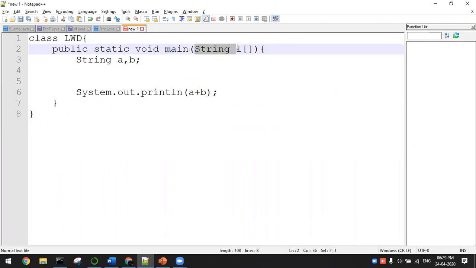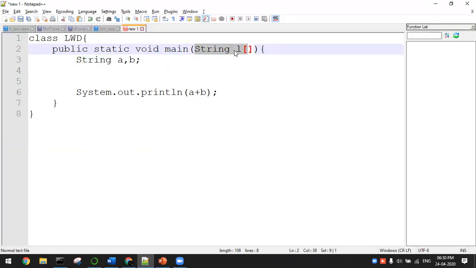So what input are you sending? Whenever the method is called along with that input, that is called a function with argument. Function with argument, without argument, likewise you learned four different types: function with return type, function without return type, function with argument, function without argument. Do you remember? The same thing here: main function is always without return type and with argument. So that type only we'll be discussing now.